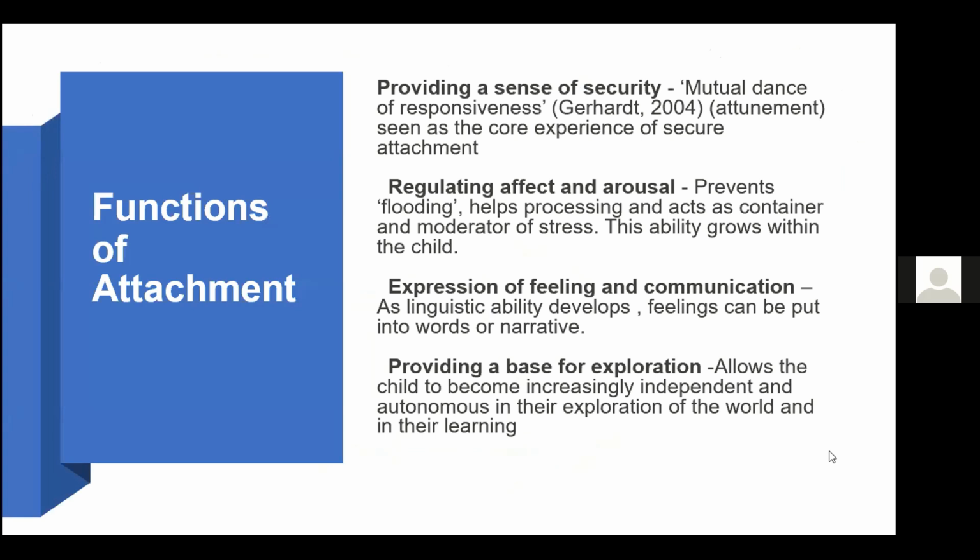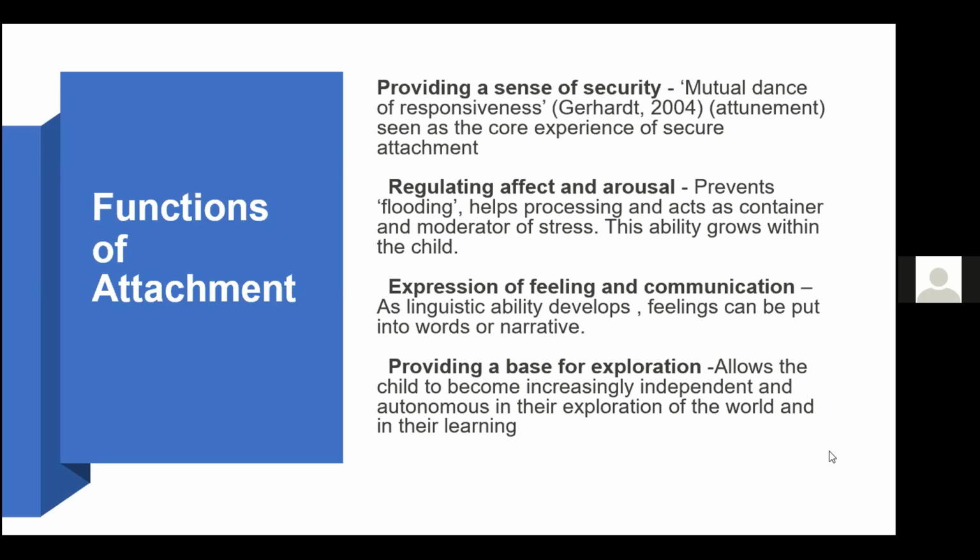Okay, so what are the functions of attachment? What is the purpose of it? What does it help us with? Essentially, it provides us initially with a sense of security. So the child and the adult are involved in the initiation, the regulation, and the termination of the interaction, and they're both active partners in that. And through that, the child learns to orient towards others, to attend, to cope with the stimulus, respond to that, and then be able to withdraw from it. So there's that kind of mutual dance of responsiveness, where two are involved and you're managing that interaction.